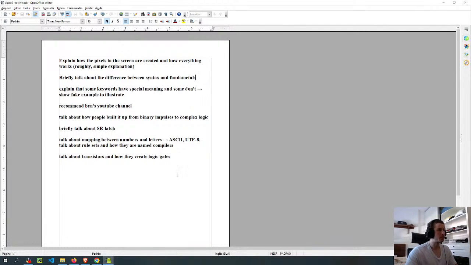Talk about mapping between numbers and letters. Talk about rule sets and how they are named compilers. Talk about transistors and how they create logic gates.